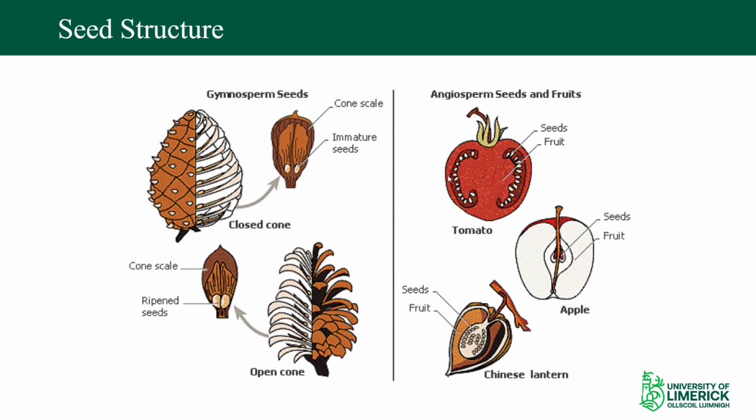And then when we take a look at the angiosperm seeds, so we're talking about fruits really. So if we even look at a tomato or an apple, more so towards an apple here, it's very easy for you to understand. So our seeds are in the center of the fruit. We've got fruity flesh on the outside. That flesh is creating basically a